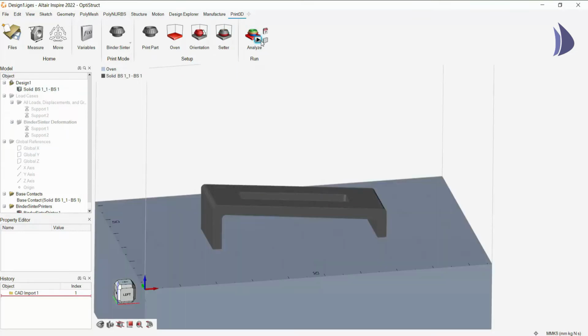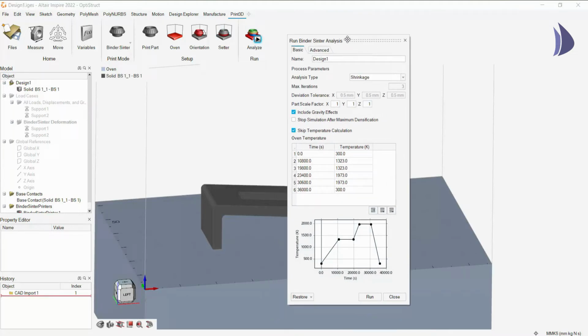If I click on this play button, a dialog box will appear. It will give us all the parameters that we can vary. Currently, let's say we are going for a shrinkage type of simulation. It will ask us if we want to scale up or scale down our model. As we know, due to shrinkage, the actual model is scaled down, so we can scale up our model. We can give the temperature ranges of our oven. From here, we can import an Excel file, or we can even change it from this graph as well. So let's restore to default